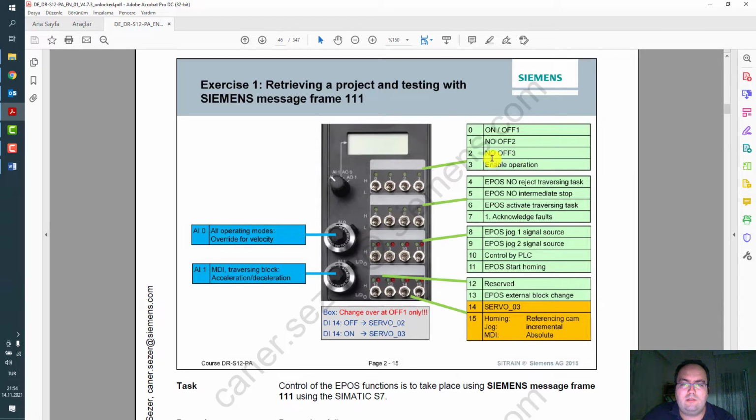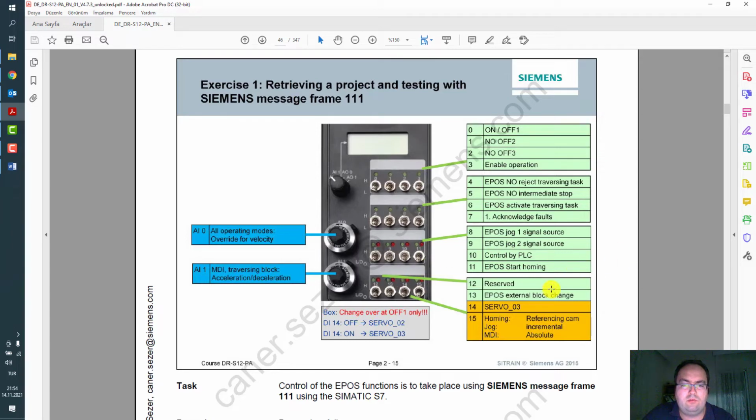So you can assign, for example, the 0 switch for OFF 1 bit of the drive object, and next OFF 2, OFF 3, enable operation to control via inputs. And you can assign on the drive side EPOS reject traversing task, intermediate stop, activate traversing task, acknowledge faults, jog 1, 2, control by PLC.